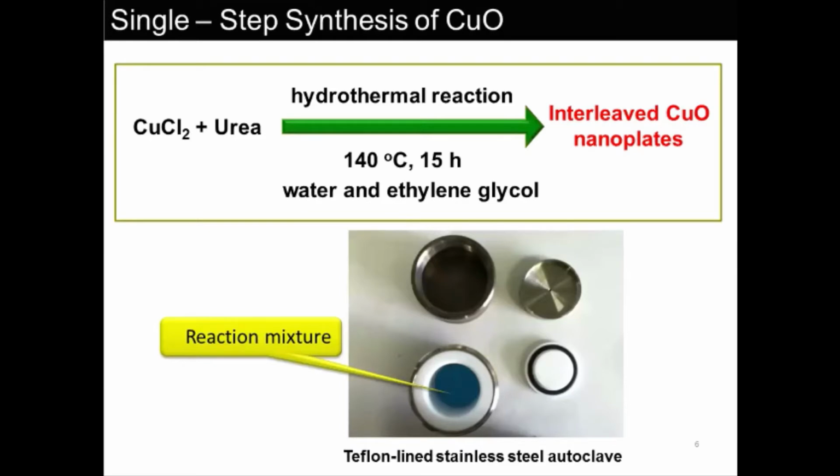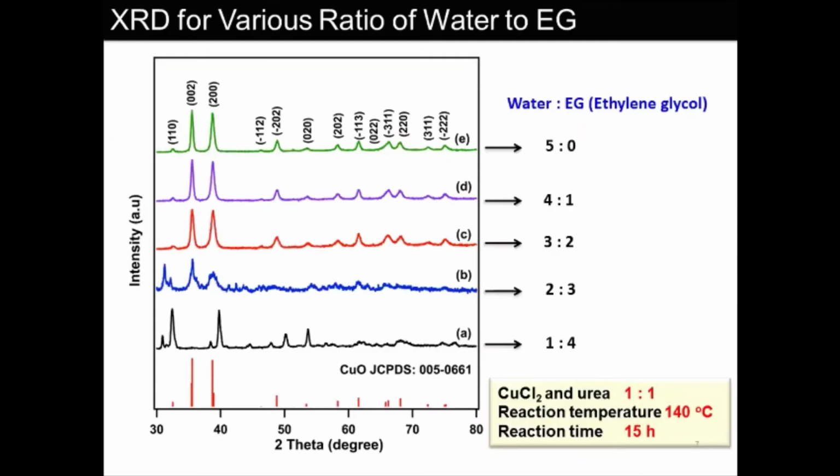And yesterday in my lecture, I was telling about the three dominant factors: high surface reaction, ubiquitous Brownian motion. Then one more point I was telling, you might be remembering. So one of these three factors gives you variation in morphology when you go for such a chemical route synthesis. The typical Teflon-lined stainless steel autoclave is shown here, and the typical XRD pattern is